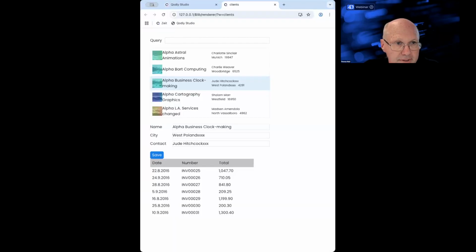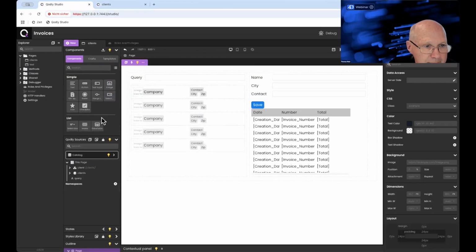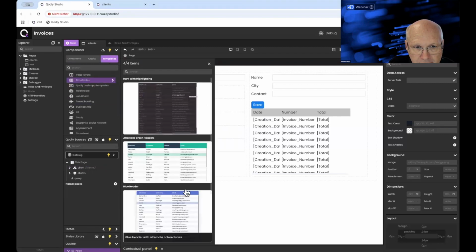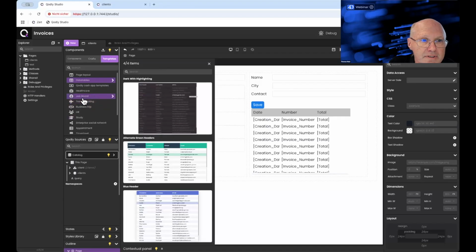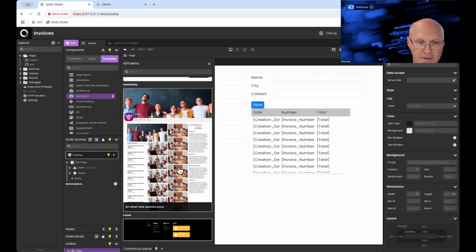And I need to share again, and make that bigger again, go back to the Studio. And we are helping you. I quickly mentioned that we have templates. And templates not only have different ways to design the data table, but also a huge amount of different designs of pages. And the idea is here that people with limited interface skills, and I'm especially talking about myself, my interface is always a disaster,